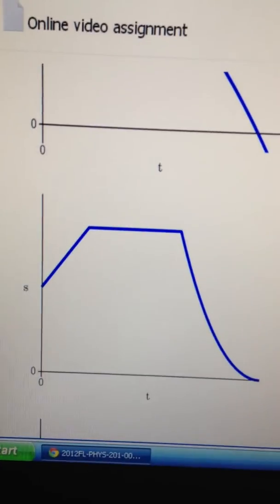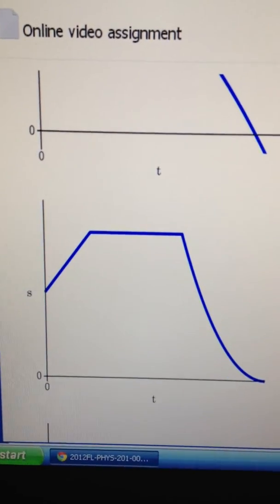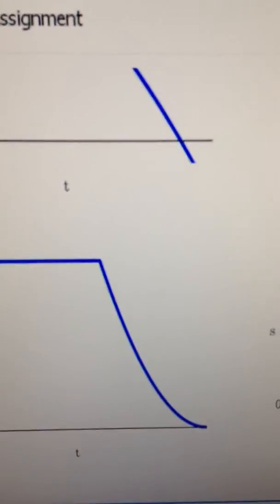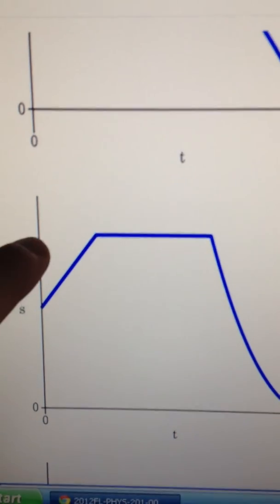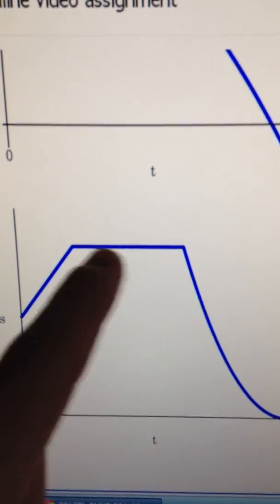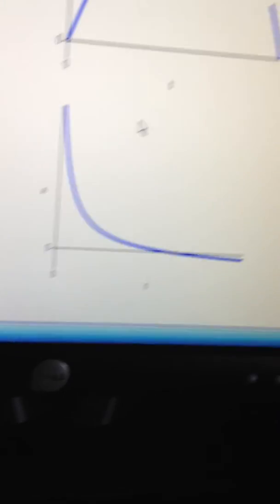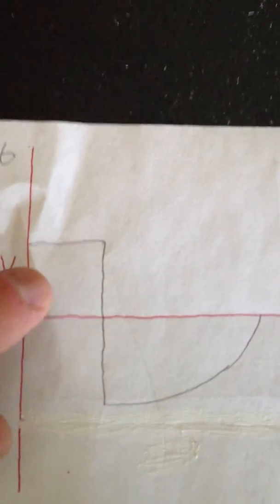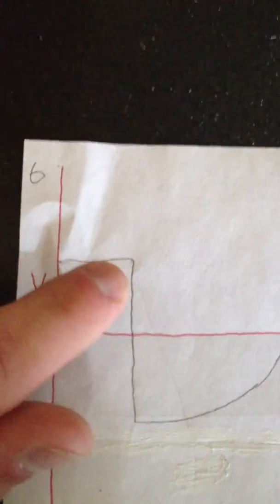Going on to the next one, right here, the velocity starts out consistently positive. The velocity stays the same in the positive direction, which is that little part right there, and then after a while it stops moving entirely. So the graph for that would look like that. Here's the part where the velocity is consistently increasing, and